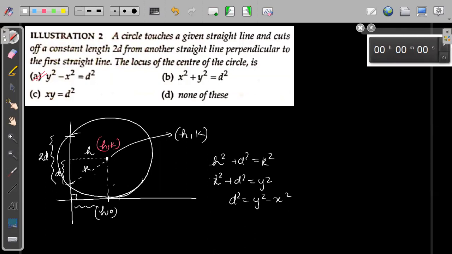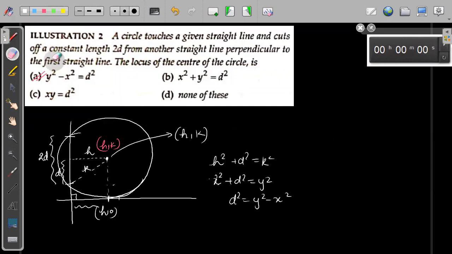You can also take f and g, there is no problem. We can also do it like d square is equal to f square minus c, yes, you can do that also. From here you will get 2d is equal to 2 into under the root of f square minus c, and from here 0 is equal to 2 into under the root of g square minus c, so you will get g square is equal to c, and f square you will get in terms of d. Yes, you can do that also.